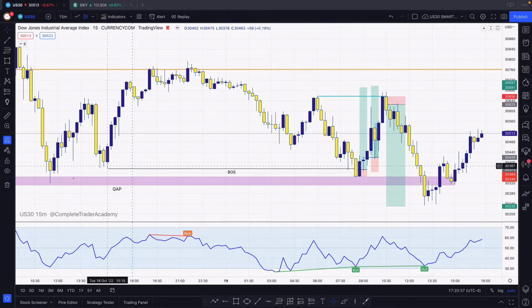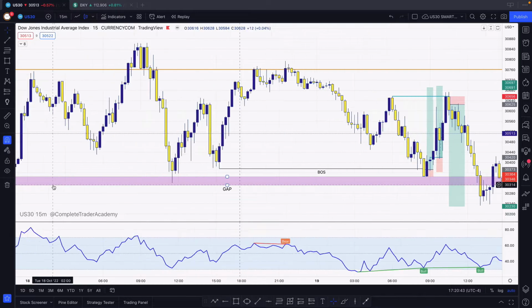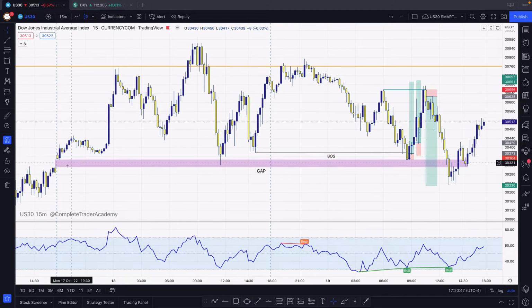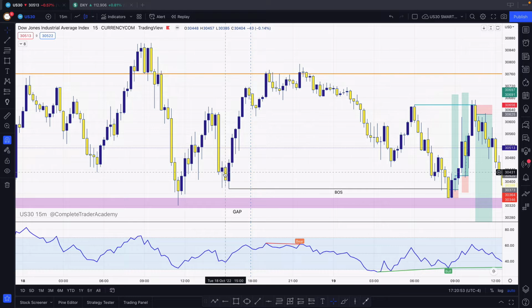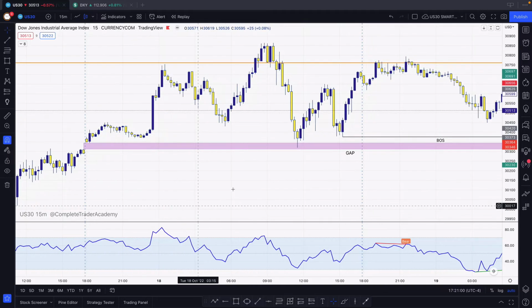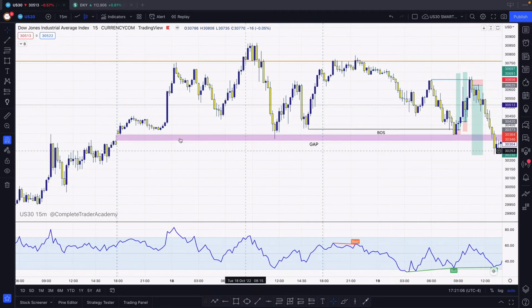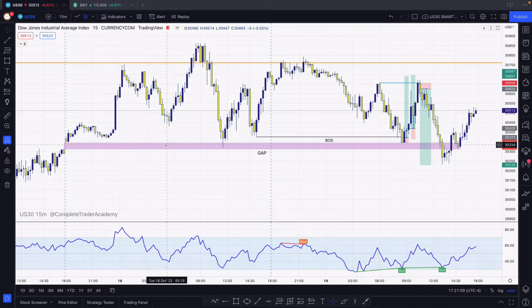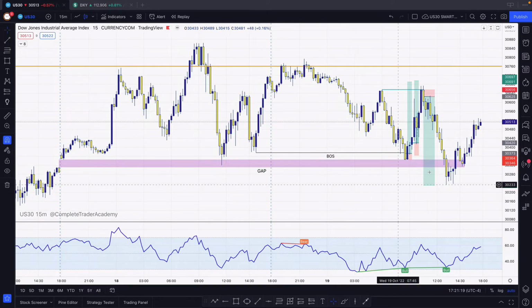See this low right here? And we have this low, and then we have this gap that's here. So as you see, I'm going to zoom out a little bit. You can see that the gap was here, and price yesterday took it out, but didn't fully take it out, because if you look, we still have some space in between here. I know that's small, but believe it or not, the algorithm came down, partially took it out, and then sets it up to create a big liquidity pool under here, because now you have this low, this low, this low. So there's money sitting here, people buying and holding this support level. Coupled with the remaining gap,